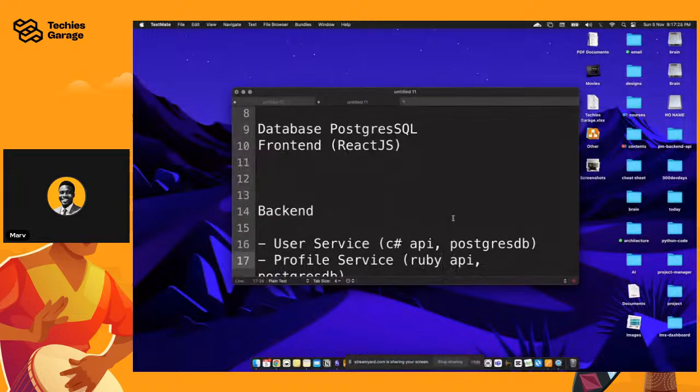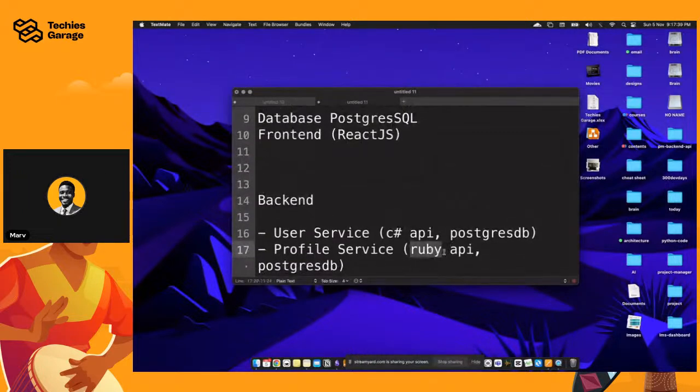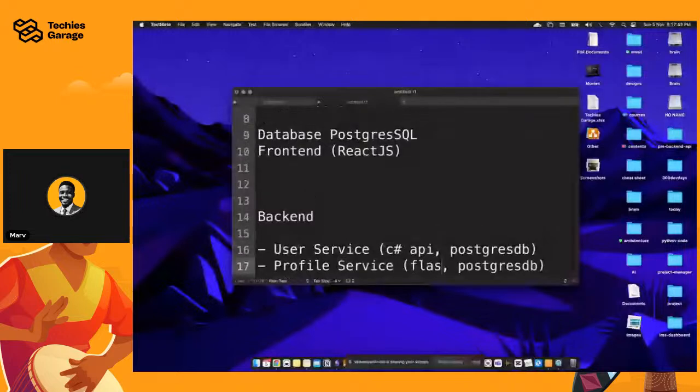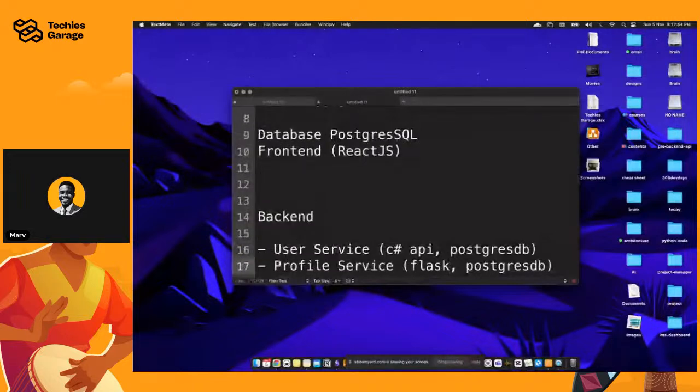Okay. Yeah. So can we say Django is monolith? Django. So the thing is, it's not really about the framework or the tooling. It's about the way you use it. So if you use Django to basically set up, let's say, the user service running on Django, right? And then you have a profile service maybe running with Flask, right? The major thing is you are separating these modules and deploying them. So you're making each individual service deployable on its own, right?